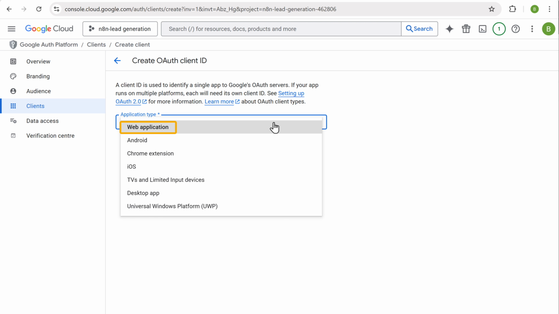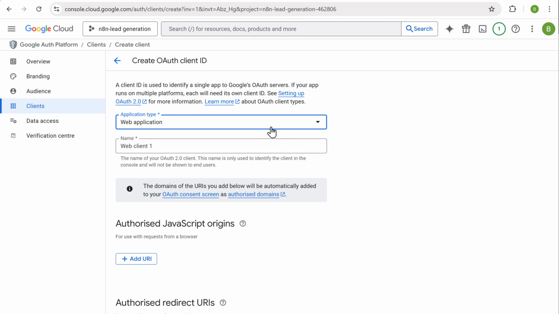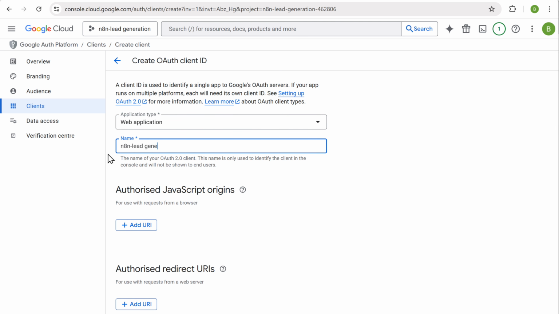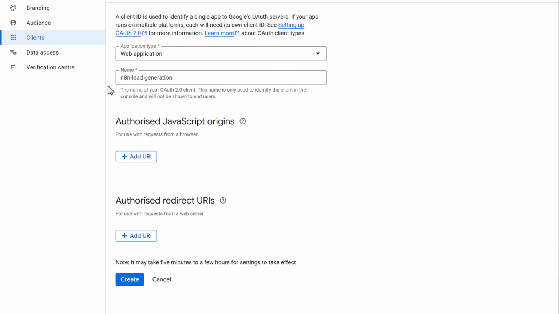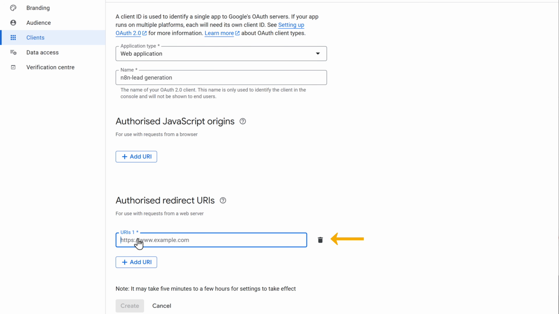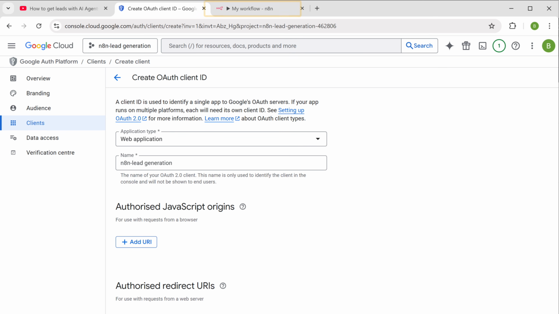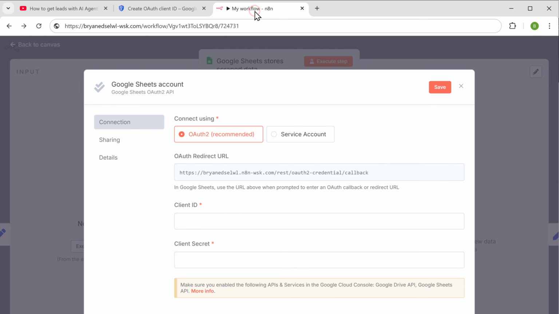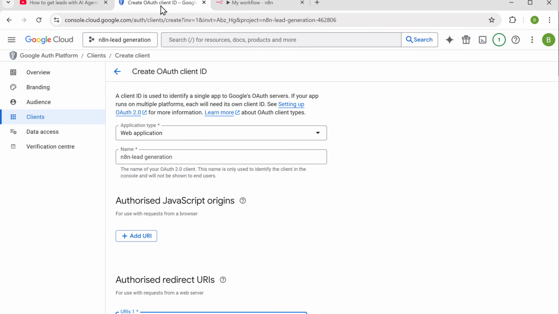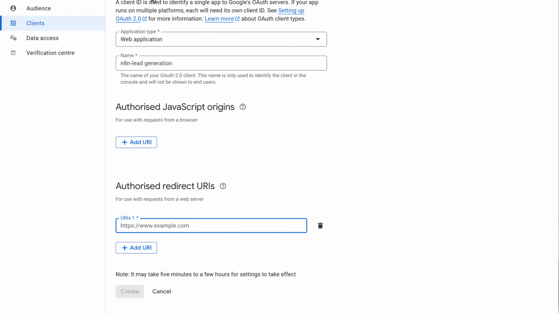and select web application. Now here enter a name. I'm going to enter n8n lead generation and click here. Now here we need to enter the redirect URL provided by n8n. So to get the URL, let's go back to n8n. Copy this URL by clicking here. Then paste it in this field